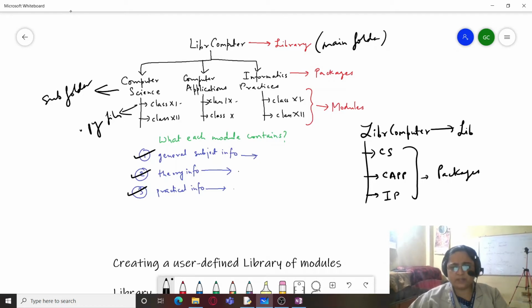Now within each of them I will be having these names only: class 11 and class 12.